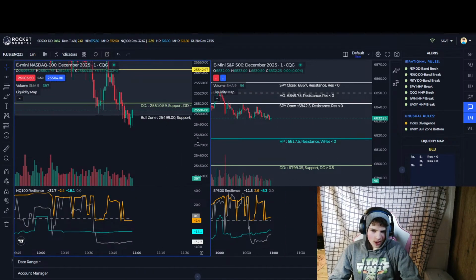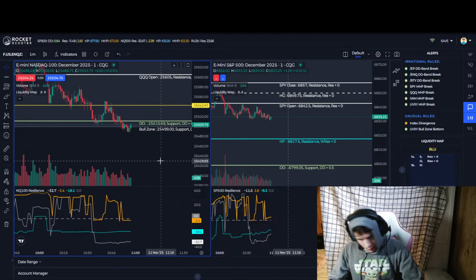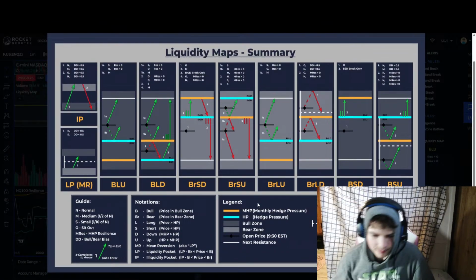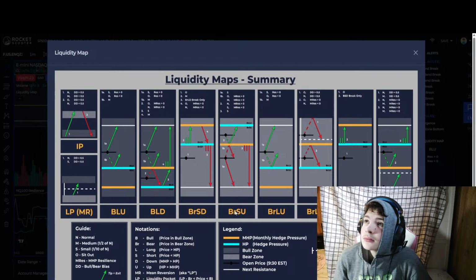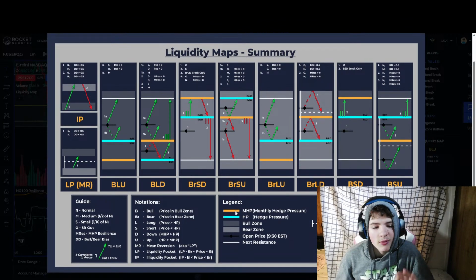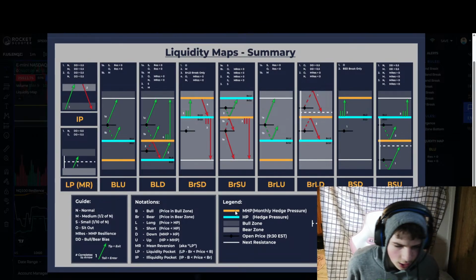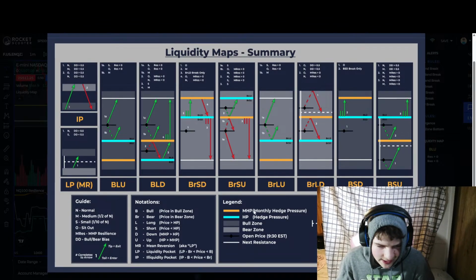Not every zone is A plus, but I'll tell you which ones are. It's with positive res. MHP is A plus. Hedge pressure A plus.